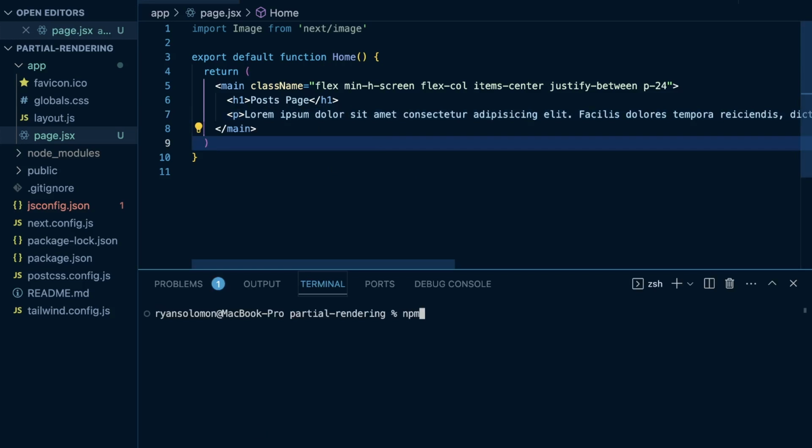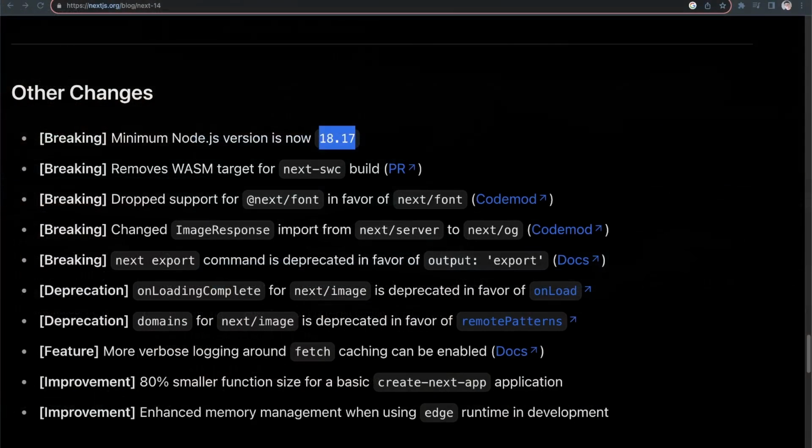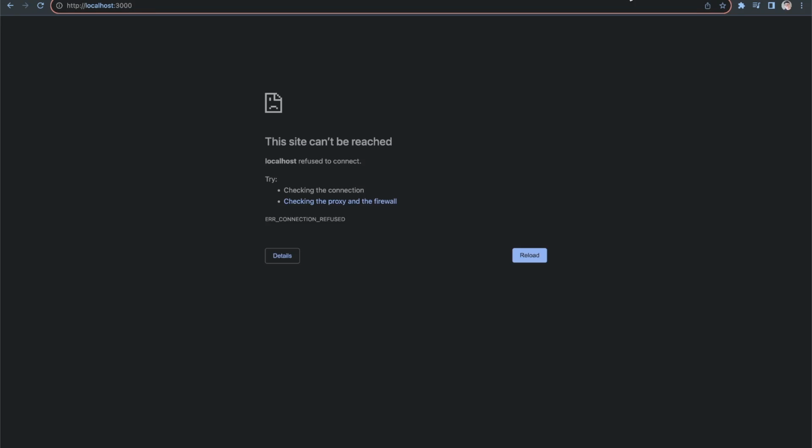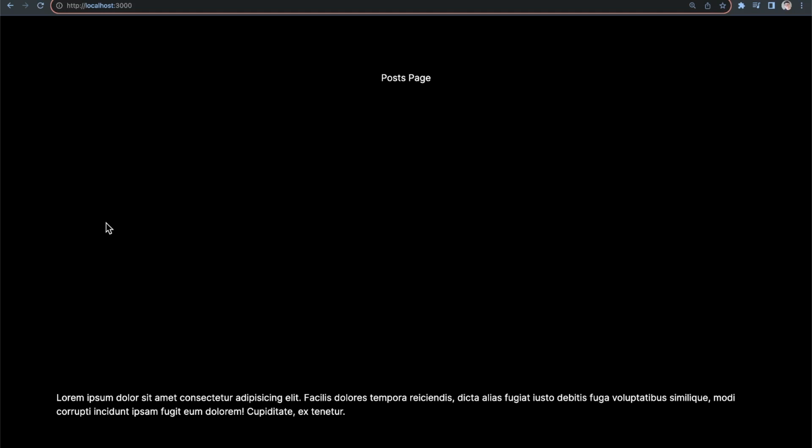And then I'm just going to do npm run dev. And then I'm going to open this up at localhost 3000. So localhost 3000 here. I'm going to refresh this page, and I see post page and then a paragraph below. But now between these, what we're going to do is render a couple different posts within this page using that